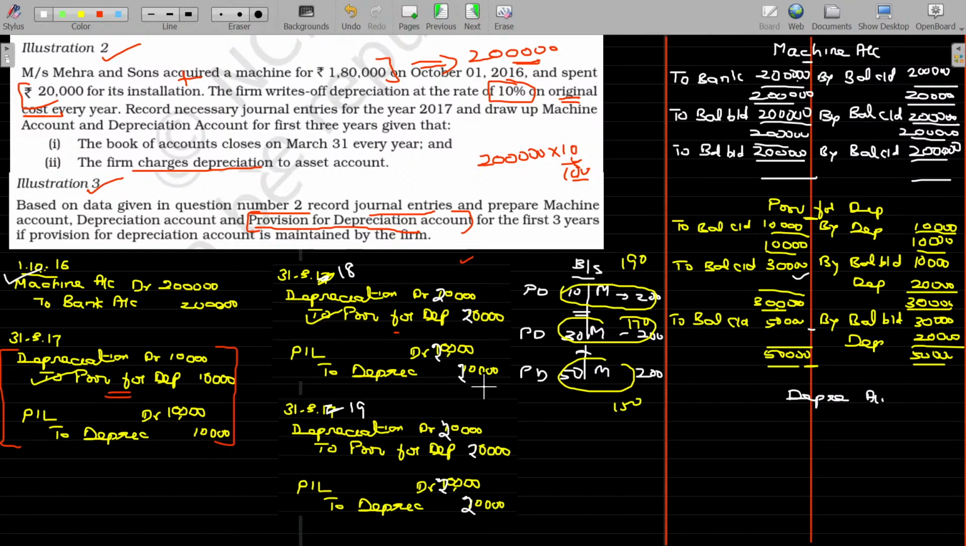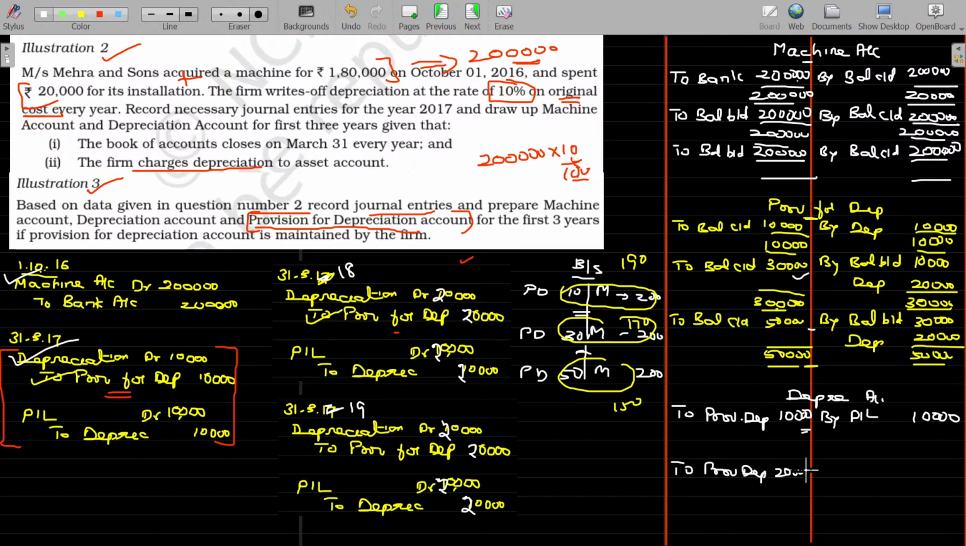In this depreciation account, first case, to provision for depreciation 10,000, and this will be transferable to P&L account also. By P&L account 10,000. First year over. Second year, repeat the same. To provision for depreciation